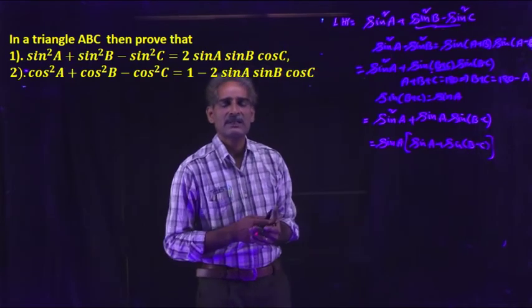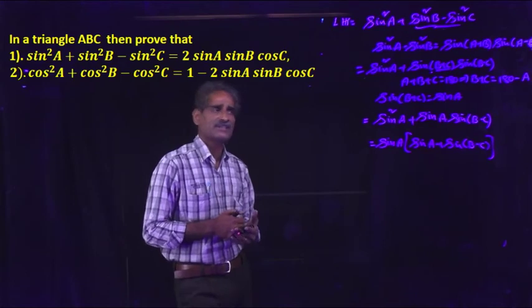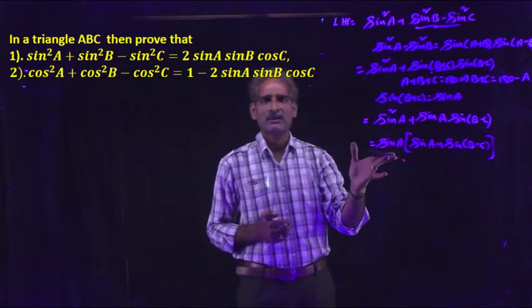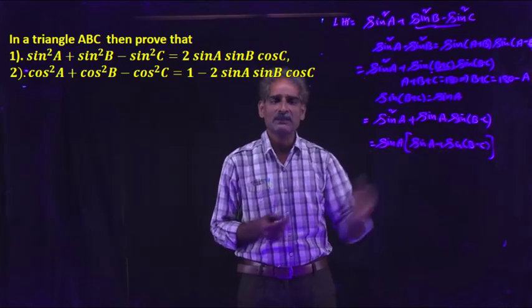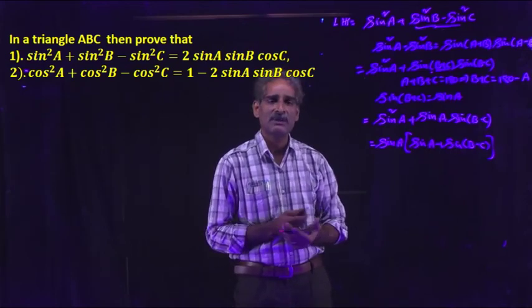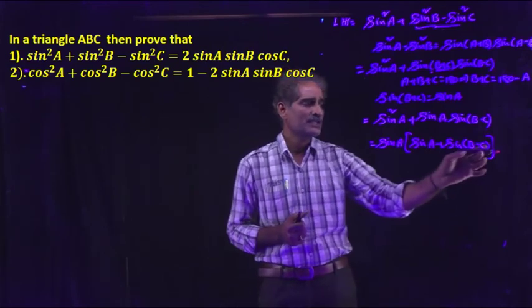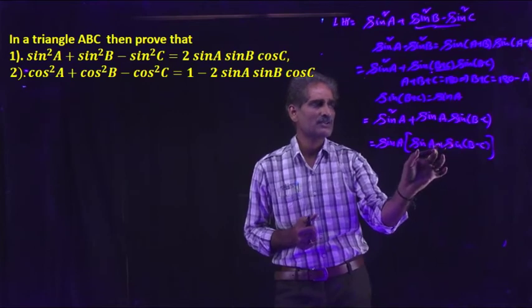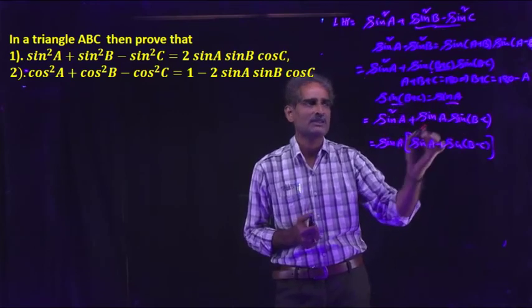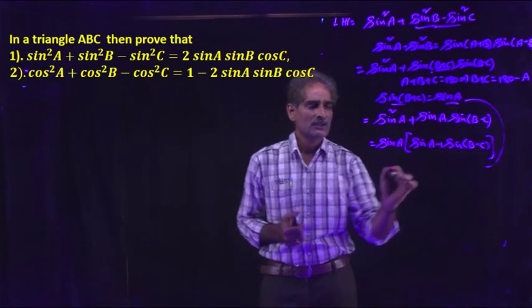In the right hand side, there are sin A, sin B and cos C. Sin A we already got. So what about the remaining? Sin B and cos C. It is already in terms of B and C, so just write sin A also in terms of B and C. Sin A is nothing but sin(B plus C). With the help of this, write down the sin A value.